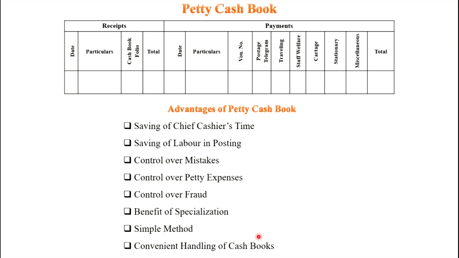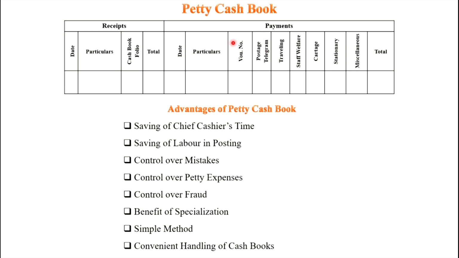Now another type of cash book is the petty cash book. In any organization, a large number of transactions are of small amounts. For example, they have to pay conveyance charges, that is bus, taxi, cartage, postage, telegram. All these miscellaneous expenses are generally repetitive in nature. That's why all these payments are handled by a separate cashier appointed for recording this type of transactions. That cashier is known as the petty cashier, and the book in which these transactions are recorded is called the petty